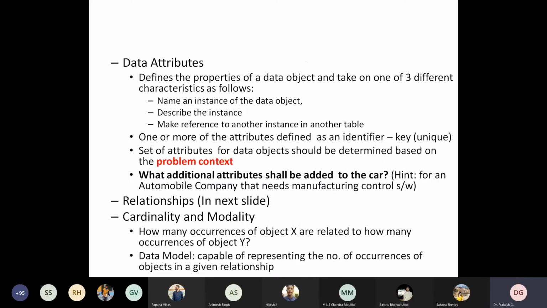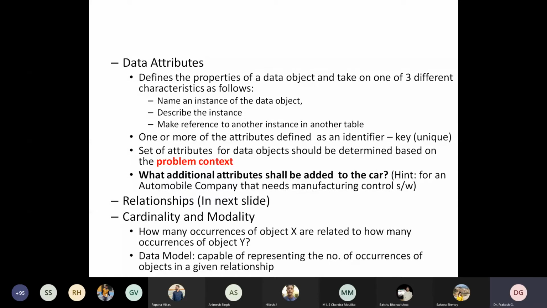But my question is different. Suppose the particular car has to be manufactured in a particular unit in the company. There, what additional attributes can you consider for the car with respect to manufacturing control software? Because now the car is going to be manufactured, and there are some controlling softwares there.